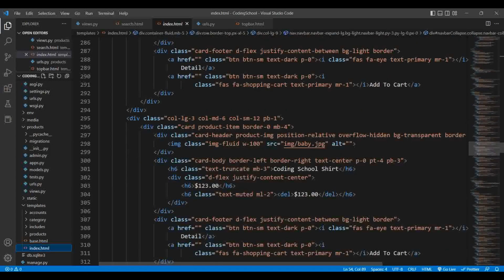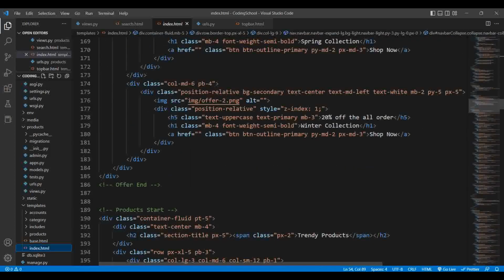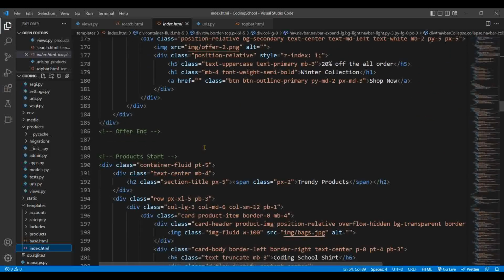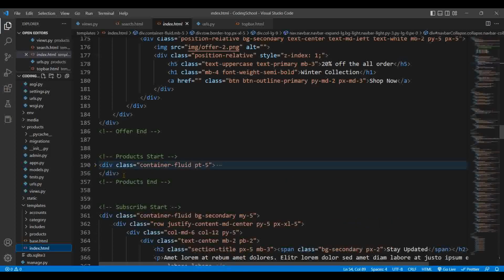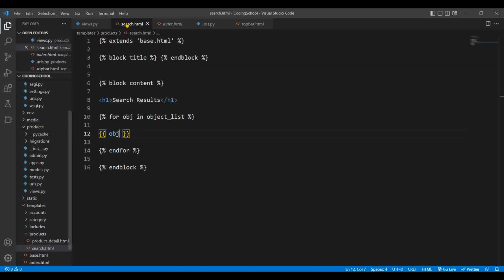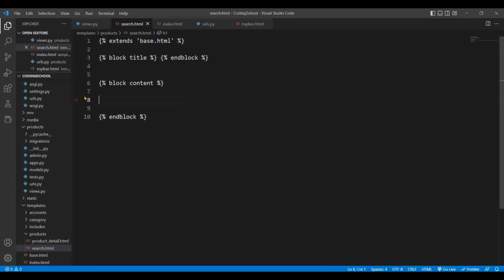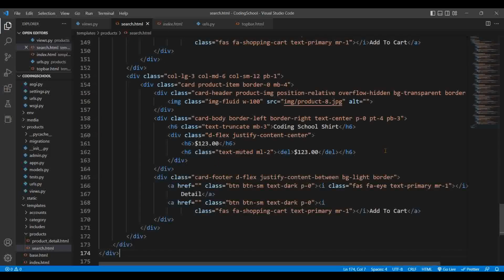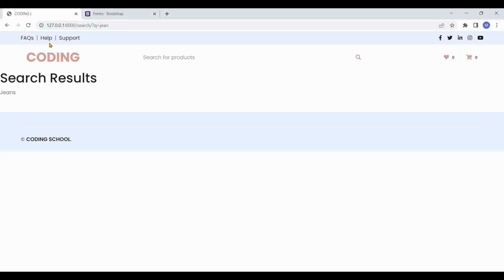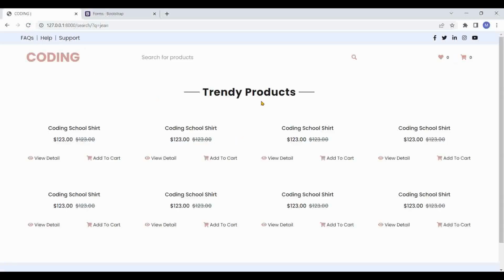Let me just copy this product. Let me just copy from here. Then in the search, let me get rid of this first. So when you refresh on this page, so now